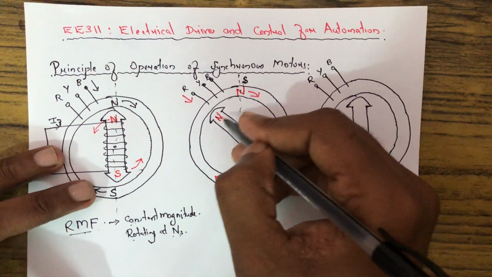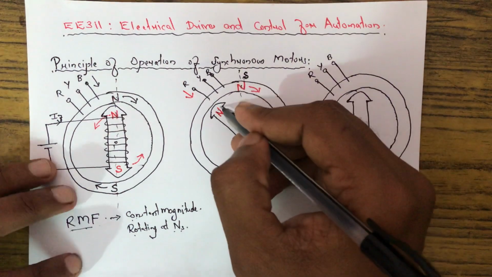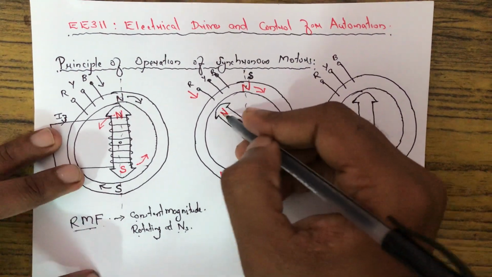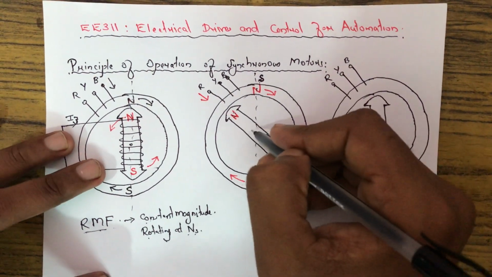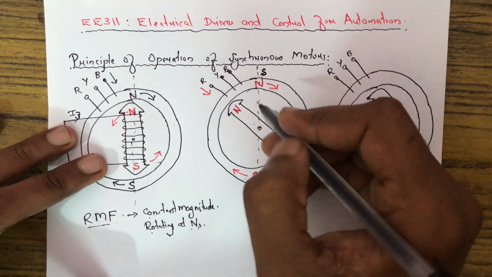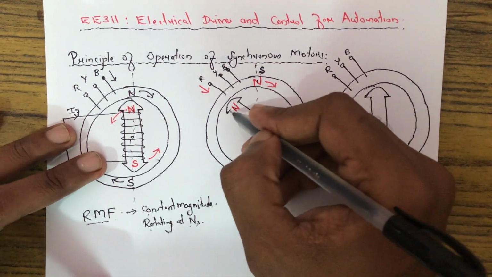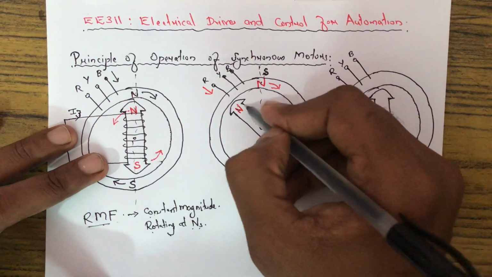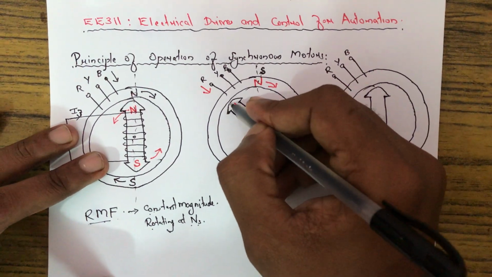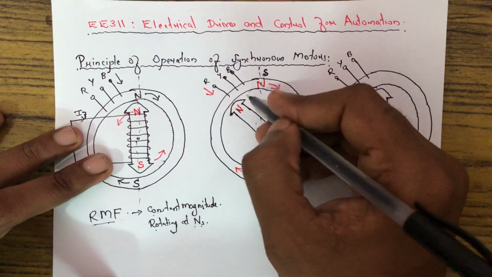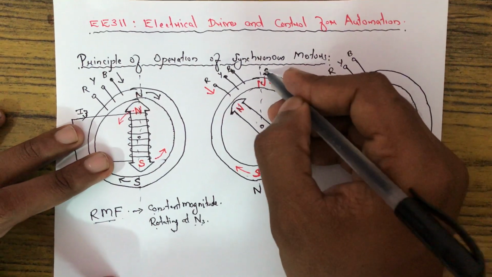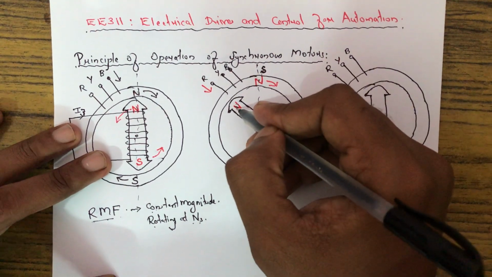So if the magnetic coupling happens between the rotor and the stator, then the rotor will always be running at synchronous speed. But due to the high inertia of this rotor, the rotor poles cannot catch up with the stator poles, because